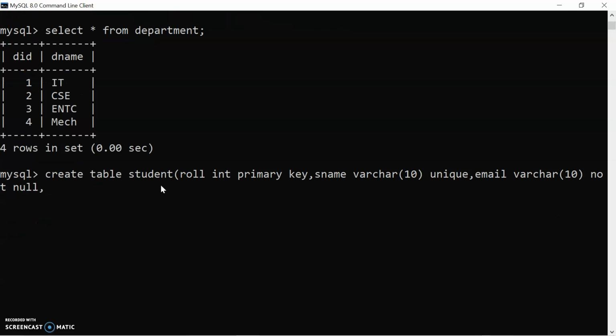Then S address, student address, its data type, and then again we can have unique key constraint. One table can have multiple unique key constraints, but only one primary key constraint. We can have multiple unique key constraints, multiple not null constraints, multiple null constraints, but we will have only one primary key constraint while creating the table. So primary key constraint, unique key constraint, not null constraint, then class default constraint,